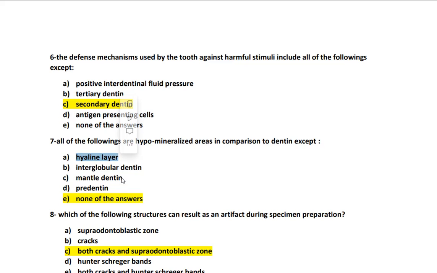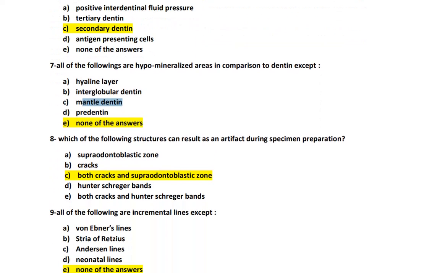المانتل dentin اللي هو أول طبقة dentin في الكراون أوكي مباشرة تحت الإنامل it will be أكيد less mineralized than most of the dentin. البريدنتين اللي هي الدنتين اللي أقرب للبulp it will be less mineralized than dentin, so none of the answers. Which of the following structure can result as an artifact during specimen preparation؟ هلا وقت ما احنا نحضر شرائح الأنسجة اللي هم الهيستولوجيكال سلايد رح نعرضهم لضغط لحرارة لكيميكالز فرح ينتج عنا زي artifact أوكي